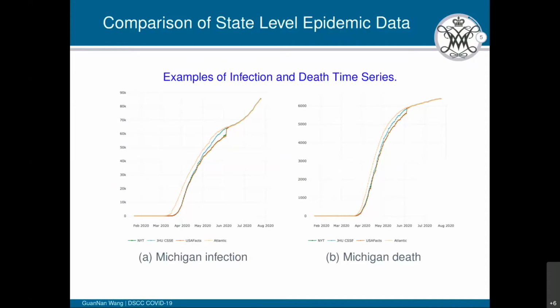So in summary, the dissimilarity between the data sources is mostly caused by different geographic rules, non-resident data, prison inmates data, and different efforts in correcting the historical data. So from our point of view, the difference in the reported cases does not indicate the inferiority or the superiority of the source. And no matter which source we are using, we need to be very clear and careful about the processing behind it.